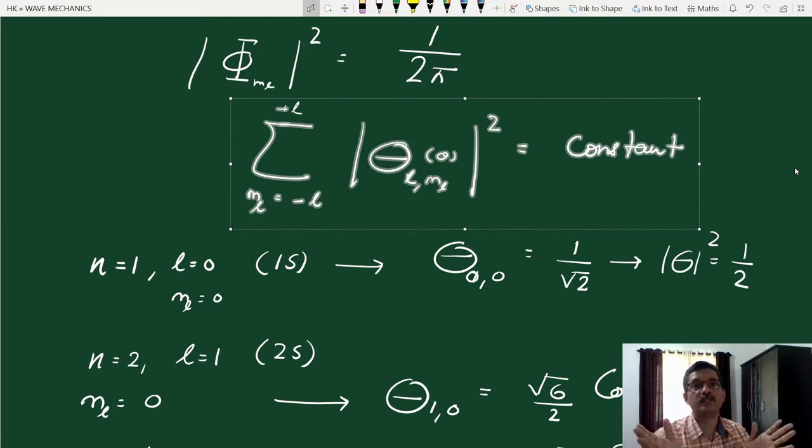It's independent of theta and phi. Already we know mod phi square is a constant. Now we see that the sum over ml of mod theta square is also a constant. So the probability density is independent of angular variables. That means if we do not measure Lz, then we can say that the probability density of finding the